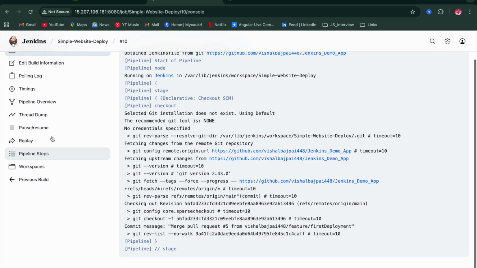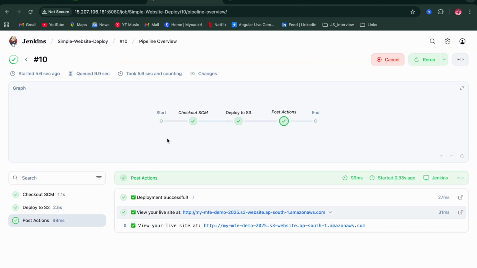We click on this and we go to pipeline overview. So you can see these were the steps in our pipeline, and it is saying that the changes are deployed. See, the post actions have been done. The pipeline is showing a success. Click on this link,